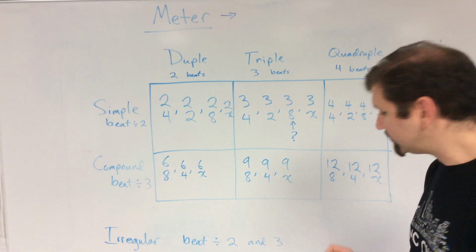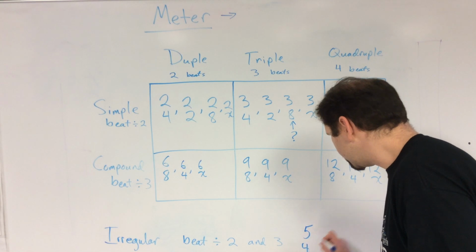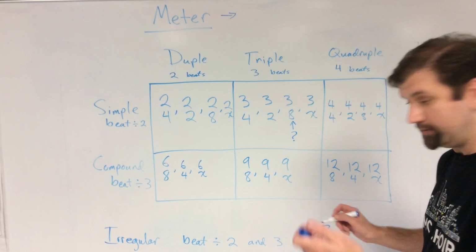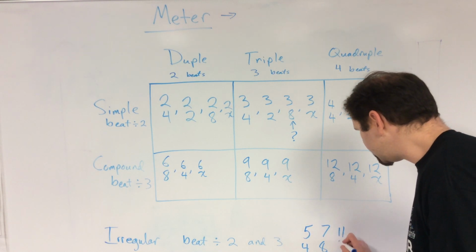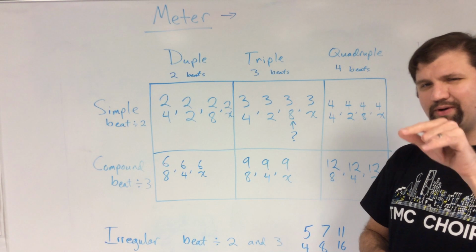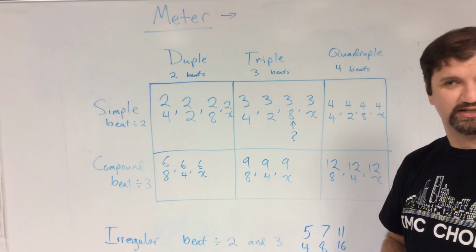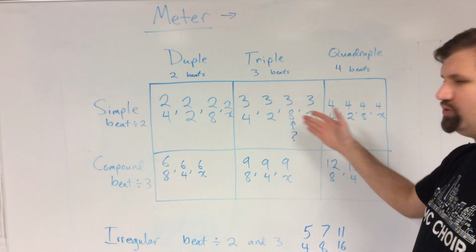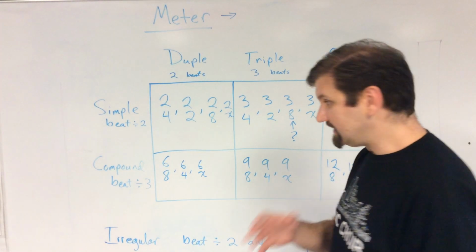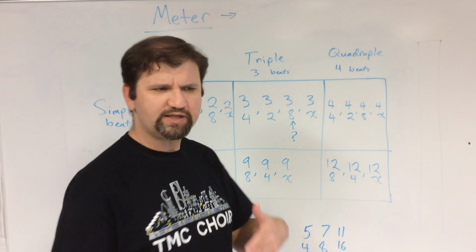But what are some examples of irregular meters? Well, you could have 5/4, you could have 7/8, you could have pretty much whatever, I don't know, 11/16. Even something so innocuous as 8/8. Well, that seems so normal, right? But usually if you see something like 8/8, because it's not one of these numbers, it's going to be irregular. And it'll be something like